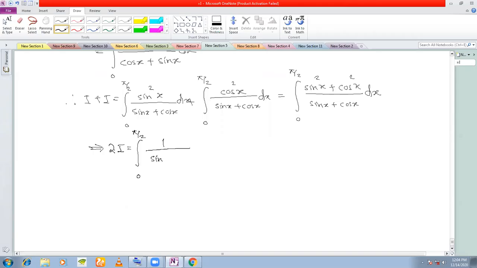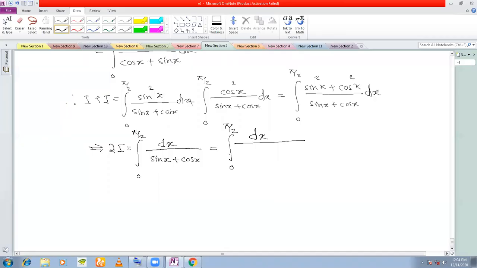And how to find out this integral, dx by sin x plus cos x? You remember how to find out this integral? Do you remember? If you don't remember, then please remember, this is just to refresh your memory. I have already discussed this kind of a problem with you when I was doing indefinite integrals in the beginning.